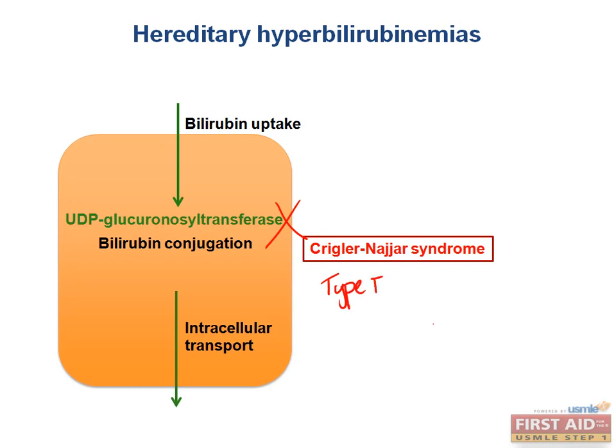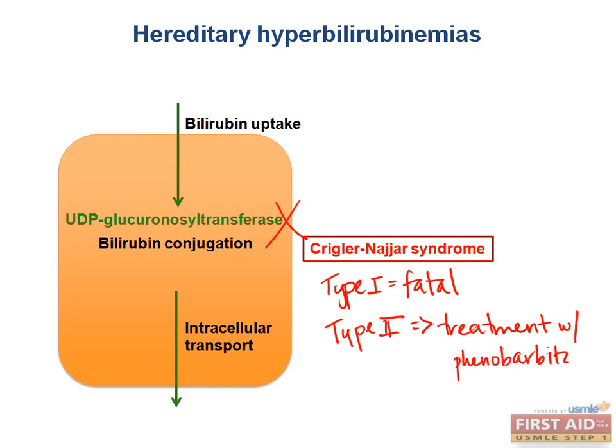The disease presents early in life, and jaundice and kernicterus develop. The type 2 form of the disease is less severe and can be treated with phenobarbital, which increases liver enzyme synthesis. So we've discussed Gilbert, which can be a problem with uptake, and Crigler-Najjar, which is an error